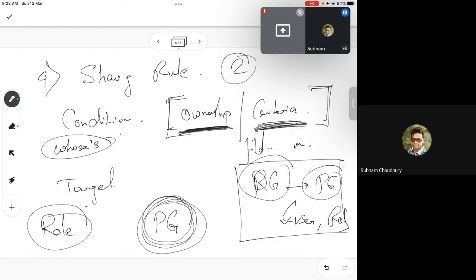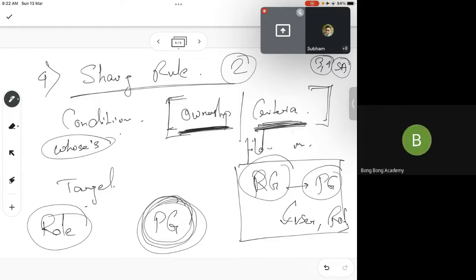Okay, only the ownership can see that part, or... I did not get the question. Does it mean only the owner can share that, or the owner can share also? It is automatic sharing. Yes, automatic sharing means number 3, role hierarchy, and this is sharing rule. Both are set by the system administrator.